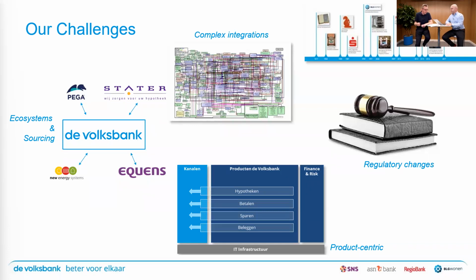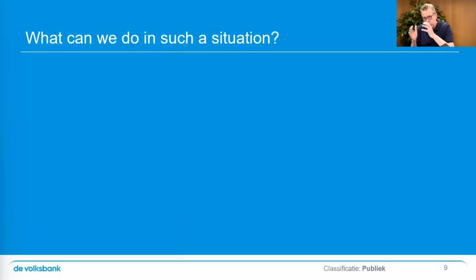Okay, good. So there's quite a complex situation to deal with. You have the complex IT landscape coming from a history of sorts, a challenging business ecosystem, and rules and regulations that you have to deal with. It's a must. You just have to take care of that. And then you told us you want to break out of those product silos and take a more customer-oriented approach. How do you approach that?